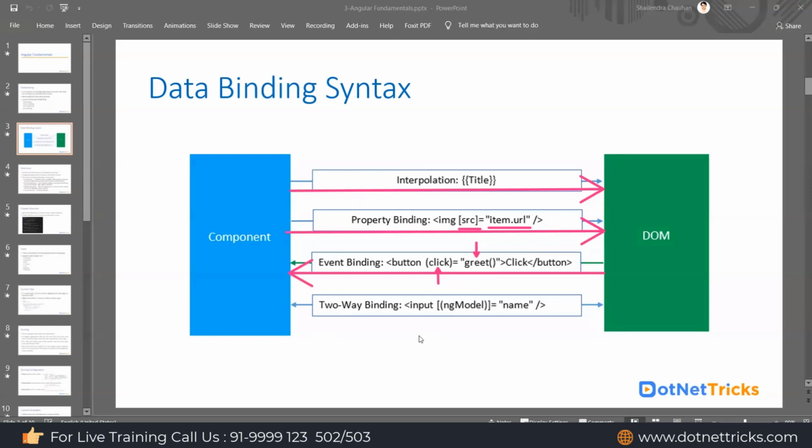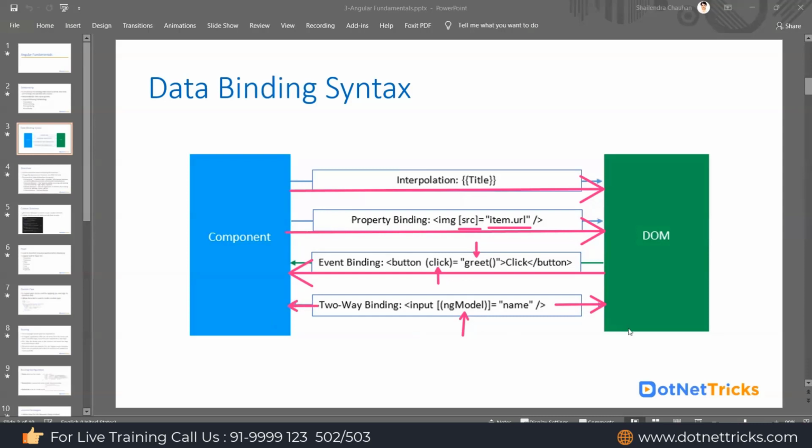Then we have two-way data binding. Two-way data binding is a combination of event binding and property binding. You can see we are using the square bracket and the parentheses, then we are mentioning ngModel. ngModel is a predefined directive in Angular, which we use for two-way data binding. Here the data flow is in both directions.